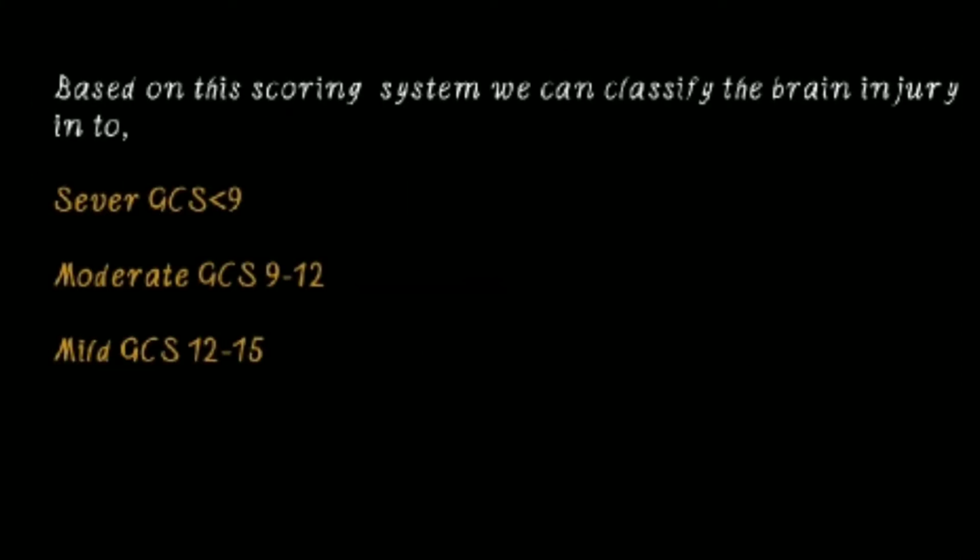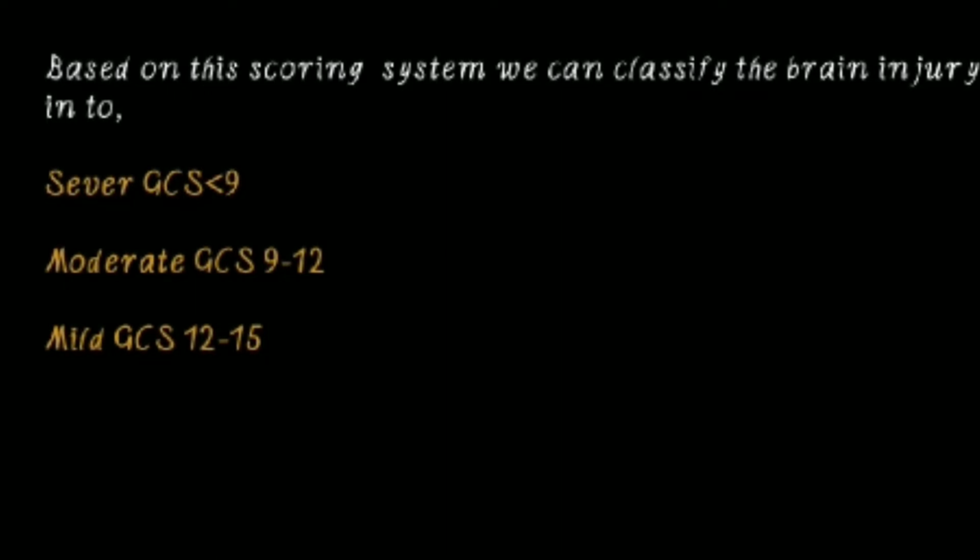We have already discussed GCS scoring is used for assessing the neurological function of a patient. So by using this GCS score, we can classify the level of brain injury as well. If the GCS score is less than 9, we can say it is a severe head injury. If the GCS score is between 9 to 12, we can say it is a moderate head injury. If the GCS score is between 12 to 15, we can come to the conclusion that it is a